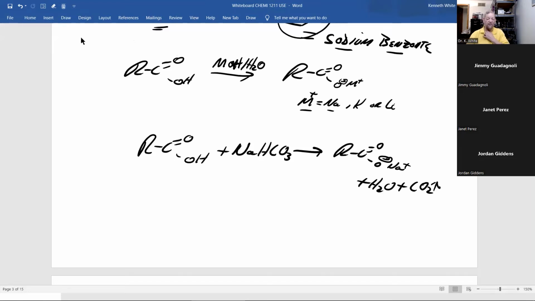All right, that's the overall reaction. But now let's do the reaction stepwise. First step, this is the acidic proton. Here's our base. Well, let me draw the structure of